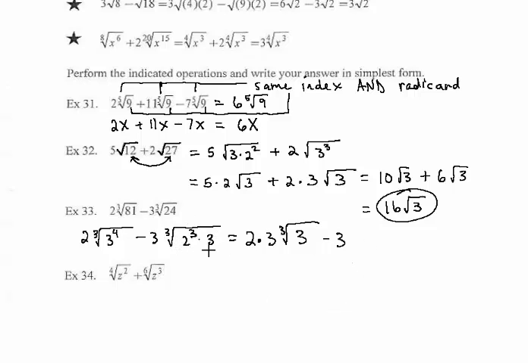Now for the second radical part, we have 2 to the 3rd, and we need 3 of something, so we can bring out a single 2 to multiply by this 3 in the front, and the 3 is left inside. So now you see that our radical parts are identical. So we just keep the radical,